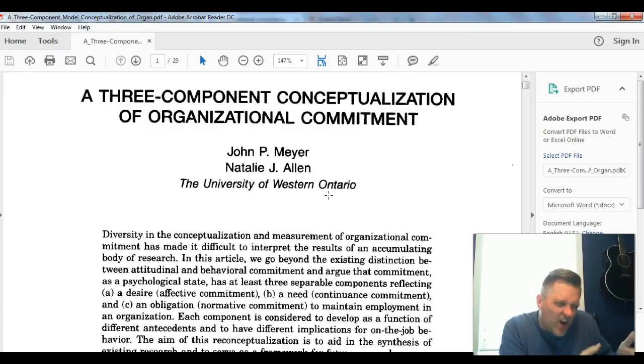Our textbooks do an okay job, right? But they're very short. They give you some quick hitters. Here's organizational commitment. If you get in the habit of reading some of these articles, though, you're really going to get a much deeper understanding of the history of the research, of the conversation, of what exactly these researchers are talking about, and why these constructs are so important. So that's one way that I do it.